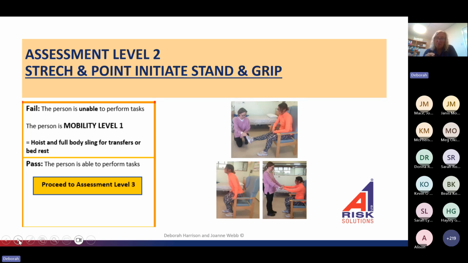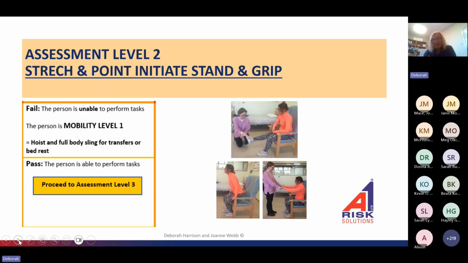The person to push up from the side of the chair. Now, if that individual has got dementia, and you're just asking them at this point to lift the buttocks up off the back of the chair, they may not understand that complex description. However, you may show them a coat and say, would you like to come? And they just get to that point, but you've actually carried out that.